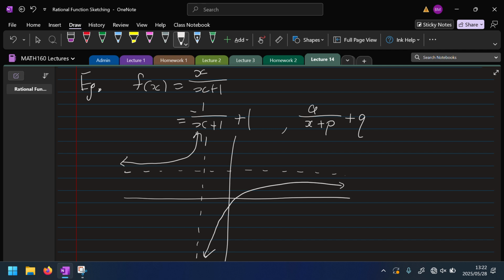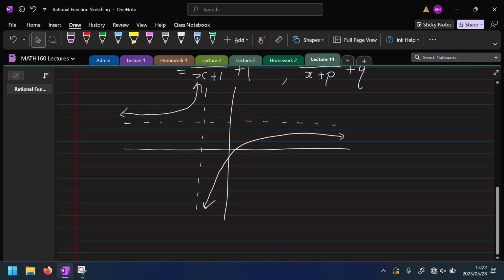Okay, so now let's look at this function again and think about where these asymptotes come from. So firstly, the vertical asymptote, where does that come from? That comes from when the denominator is 0. So when this denominator is 0, the function's going to go up to infinity, and that gives us a vertical asymptote. So we can write here for vertical asymptotes,